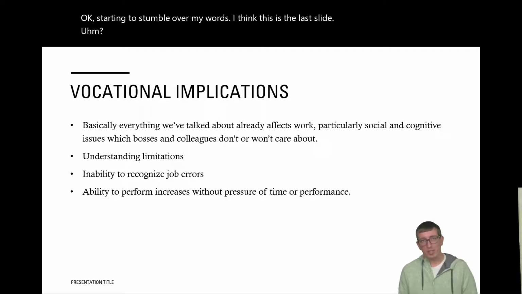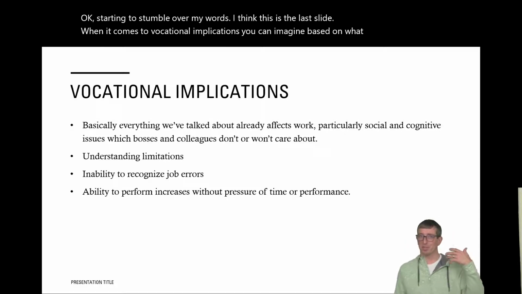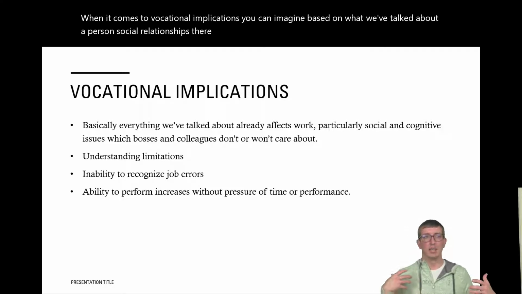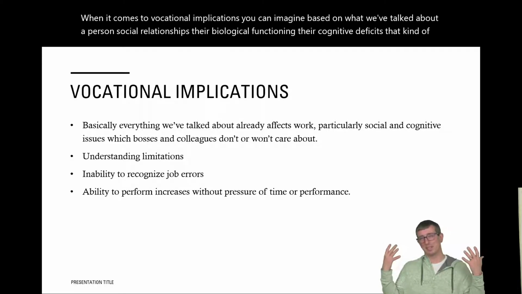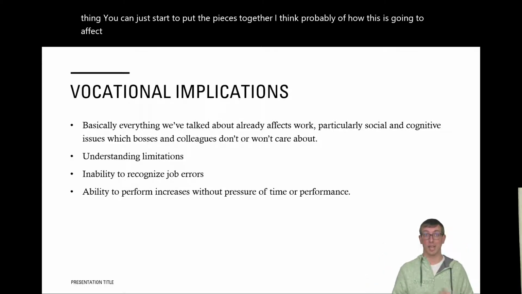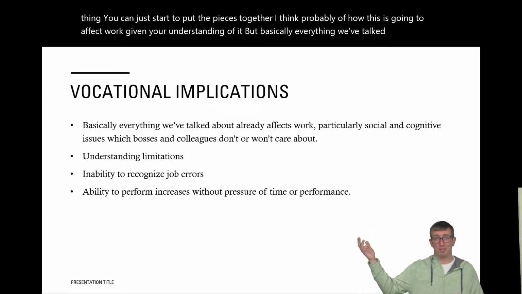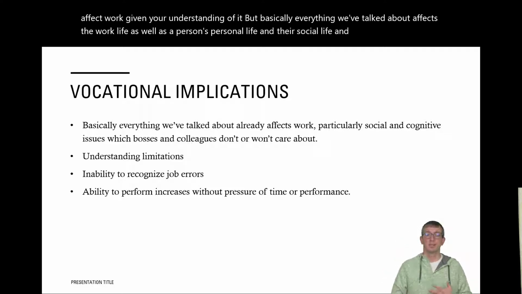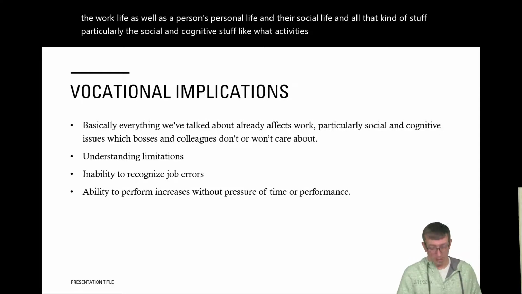When it comes to vocational implications, you can imagine, based on what we've talked about, a person's social relationships, their biological functioning, their cognitive deficits, that kind of thing. You can just start to put the pieces together of how this is going to affect work, given your understanding of it. But basically everything we've talked about affects the work life as well as a person's personal life and their social life. Particularly the social and cognitive stuff, like what activities can I actually perform and how am I going to work